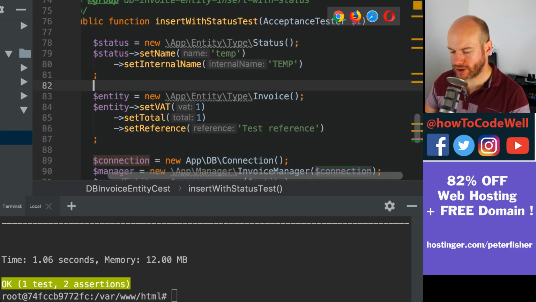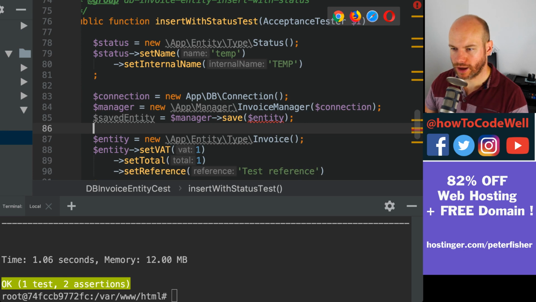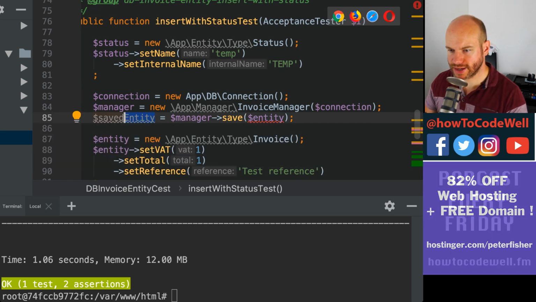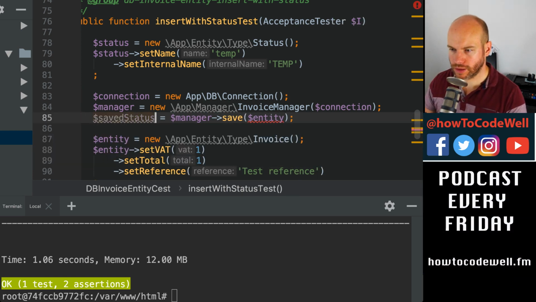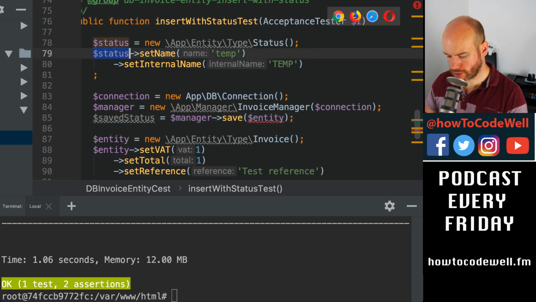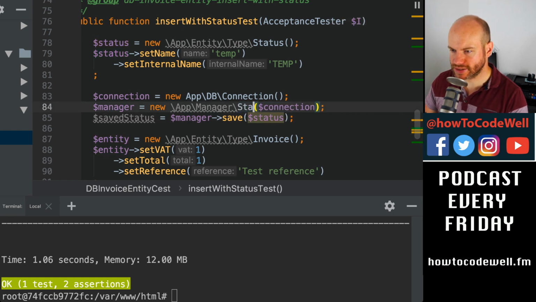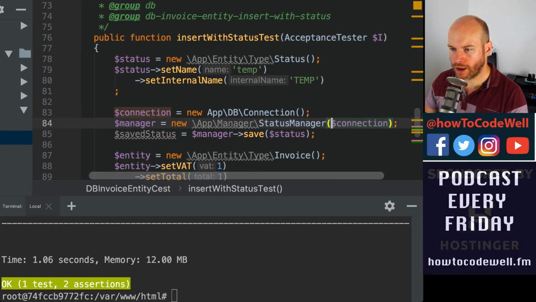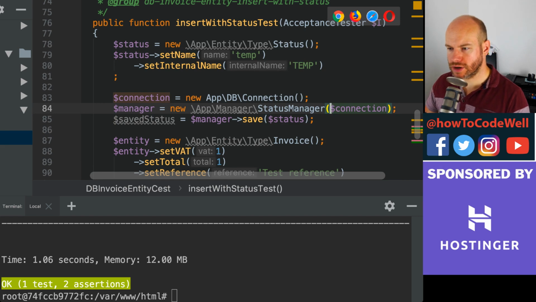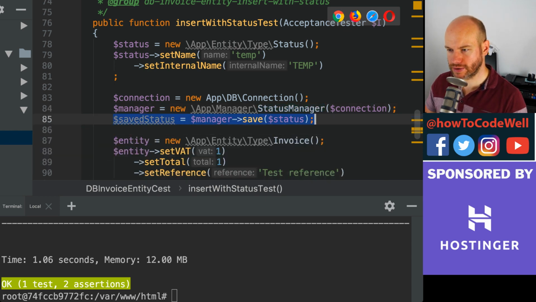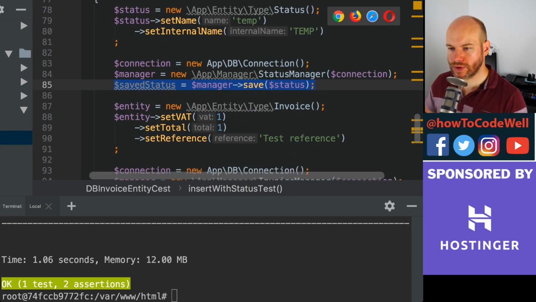And at this point, we're going to save that as saved status. So that's going to put that in. Oopsie, fat fingers, copy that, put that in, change this to be the status manager. So we put in the PDO connection into this in here, that gets injected into the manager. Then we save that status, okay? That means that we have that as an entity,